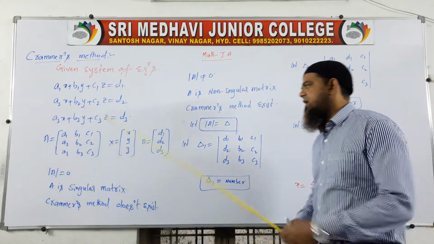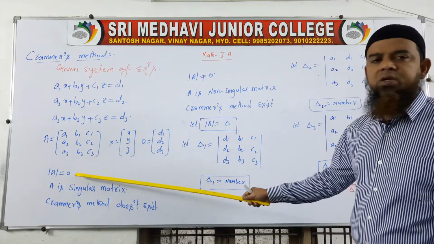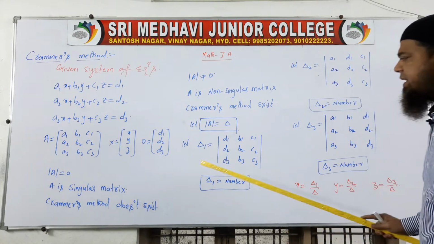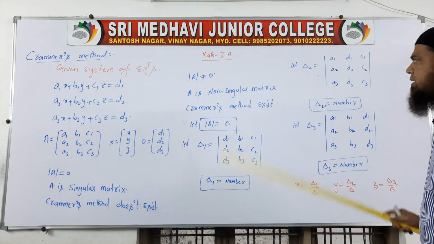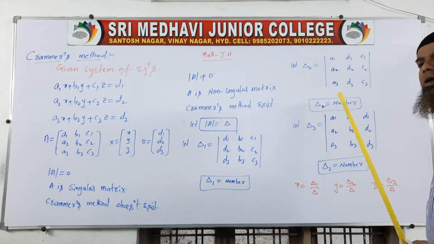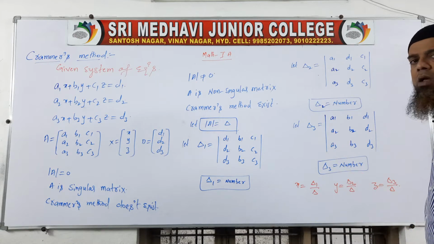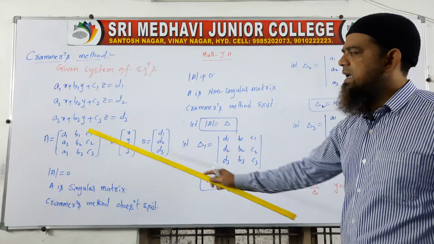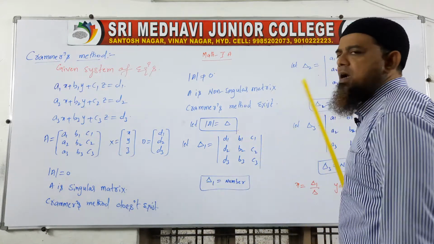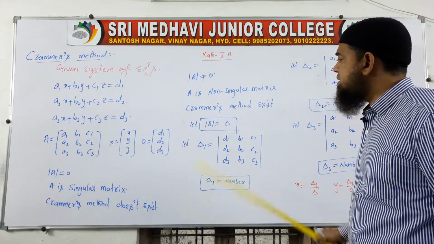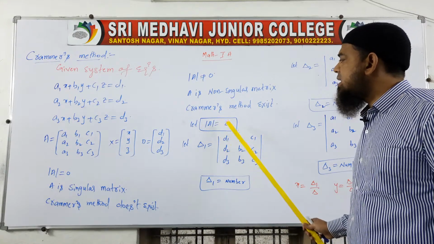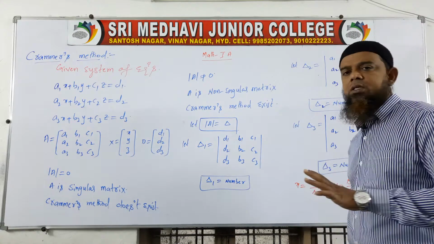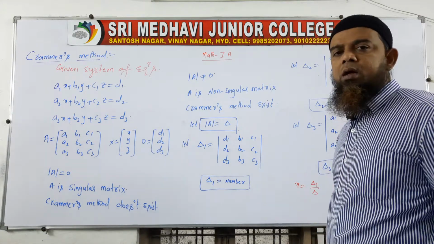You concentrate here. After taking A, we are finding det A, a determinant. After taking delta 1, we are finding a determinant. Delta 2, finding a determinant, delta 3, finding a determinant. So totally how many determinants do we have to find? 4 determinants. One is capital A determinant, then delta 1, delta 2, delta 3. Now which one is called delta? Det A is called delta. This is the procedure here. You just note down all these things in your notebook, then we will do the problems.